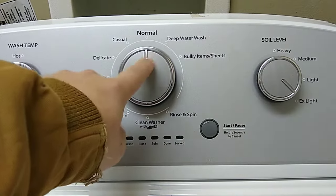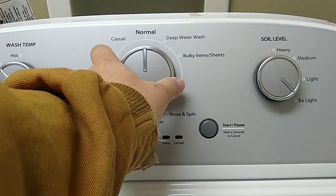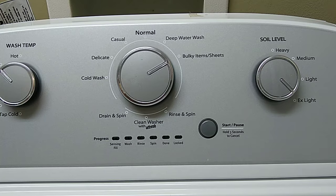Okay, you want to make sure you got your knob up here at a 12 o'clock angle. Okay, so what you want to do is go left, right, right, right, left, right. Okay,